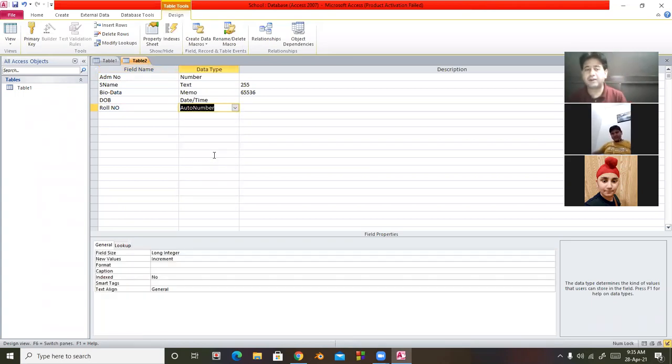Auto number is number with increment. No need to add the number next when we insert a new record. It will take with increment. For example, in first record it will be 1, in second record it will be 2, in third record it will be 3, like this.